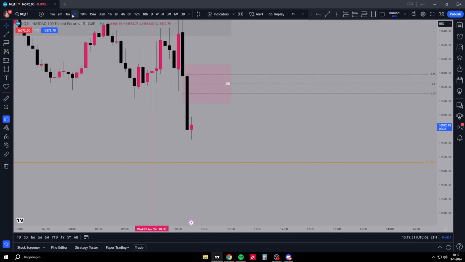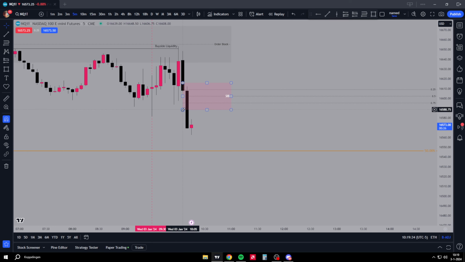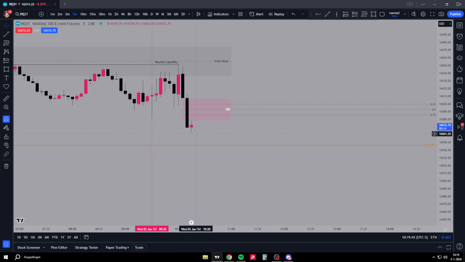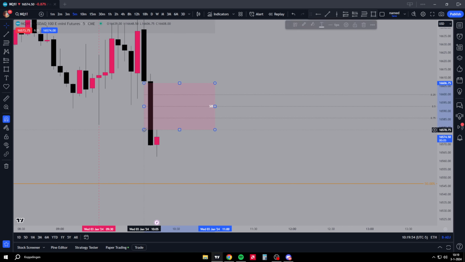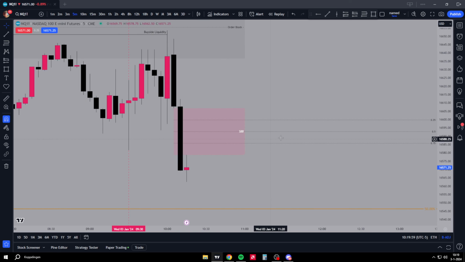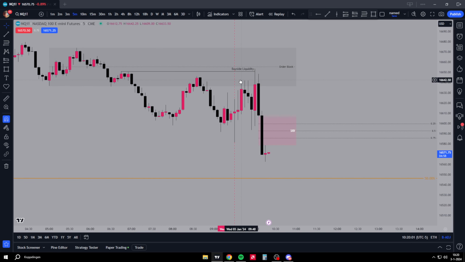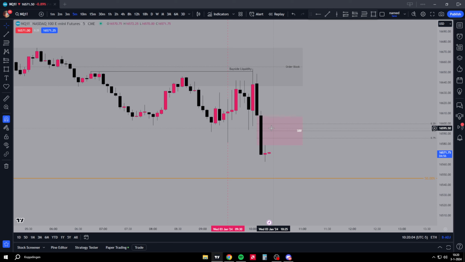Alright, so this 3 minute we don't have a singular fair value gap anymore, so we wait for this 5 minute. So CISI would be right here, and our quadrants would be here to here. And then our breaker would be here. So we have a swing high, swing low, swing higher, swing lower low.